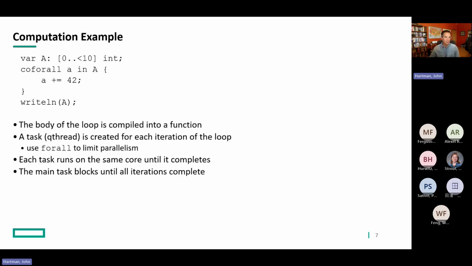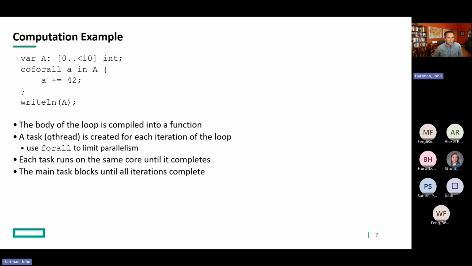So I have an example here of a little program I wrote. You have to forgive me, I'm not a great Chapel programmer, but here we have an array of 10 integers. And the important part here is I'm doing a coforall for all the elements in A, just add 42 to them. And I think they all start off at 0, or they do all start off at 0. So this will set all the elements of the array to 42. So obviously, you'd probably just want to do capital A equals 42, but I wanted to show you what's going on in this particular